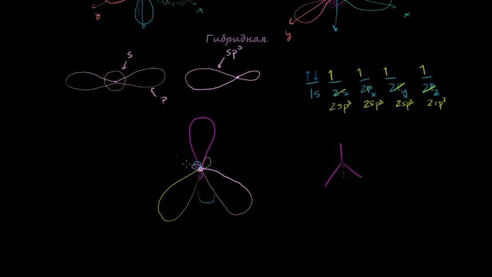And then you have the hydrogens. So that's our carbon right there, and then you have your hydrogens. You have a hydrogen here. A hydrogen just has 1 electron in the 1s orbital. So you have a hydrogen here, just has a 1s orbital, a hydrogen here, 1s orbital, hydrogen here, 1s orbital. And so this is how the hydrogen orbitals and the carbon orbitals get mixed. Each of the hydrogen's 1s orbitals bonds with each of the carbon's sp3